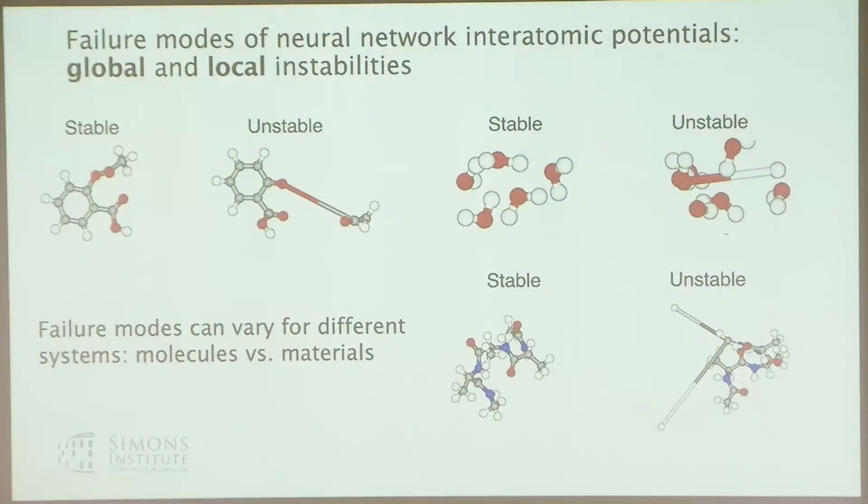So these failure modes show up in a lot of different ways. You have these global instabilities where things may stretch really far out of what is considered physical. And you could also have different types of local instabilities where maybe two atoms fall on top of each other and that blows up the simulation in other ways. These failure modes can vary for different systems, so it's important to think about how we can have some overarching way to address all of these failure modes at once, given that they show up in very diverse ways.